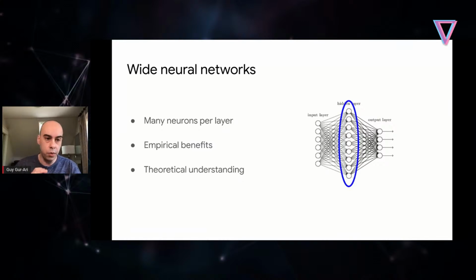And there are two basic reasons for doing that. One is that practically speaking, making networks wider tends to improve performance. So it has empirical benefits. Making networks deeper does not always improve performance, but making them wider quite generally, at least on vision tasks, makes performance better. Of course, we can't make them as wide as we like because of computational limitations, but at least aspirationally, it's a good idea to make them wider.